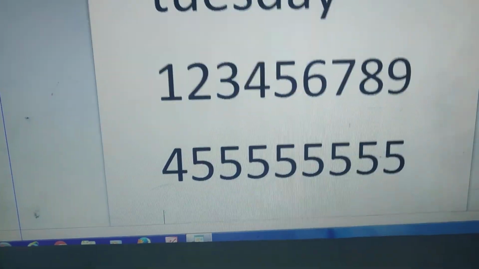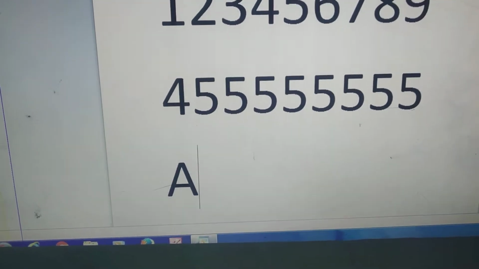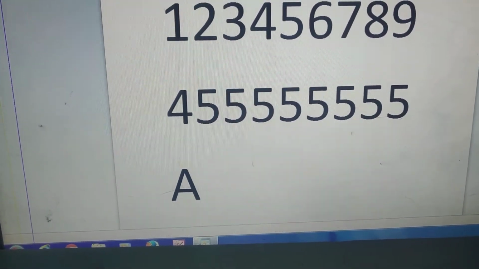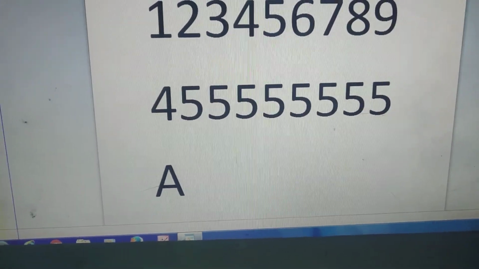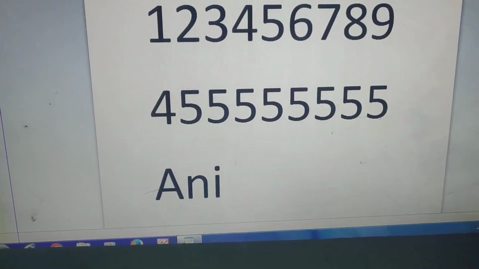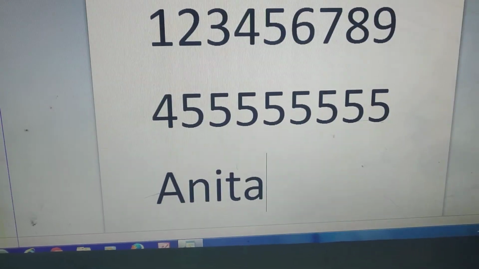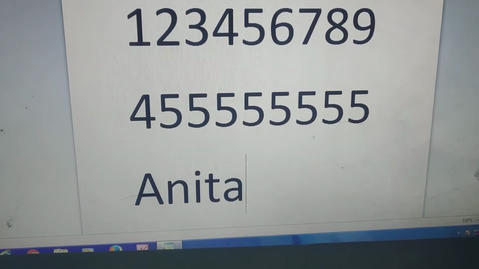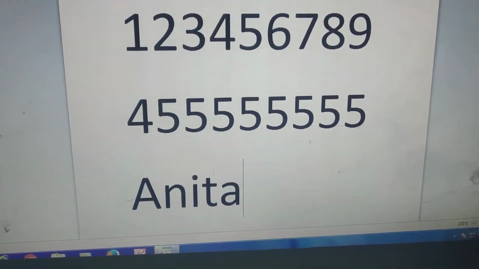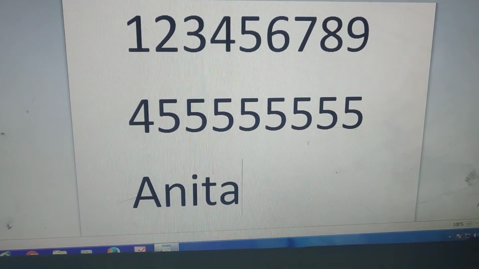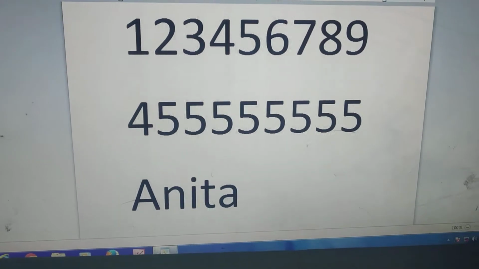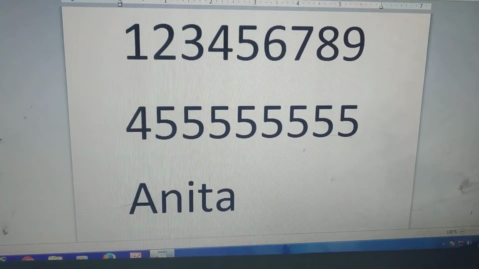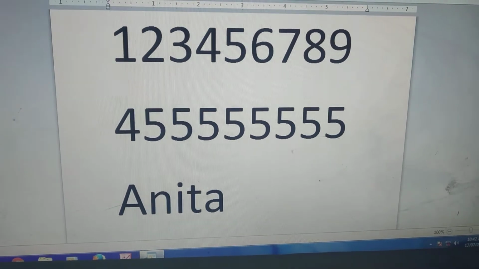What is your name? Anita. A, that is capital. Now again I will close that caps lock button, then N-I-T-A. See, the first letter is capital and all remaining letters are small. Like this you have to type. Use your caps lock key and start typing with the first letter capital and then all remaining letters small.